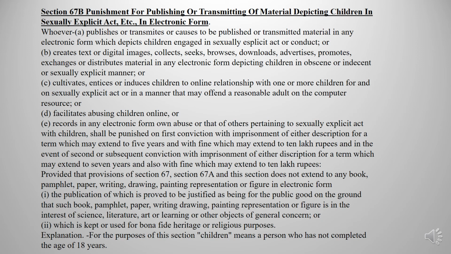Whoever A. publishes or transmits or causes to be published or transmitted material in any electronic form which depicts children engaged in sexually explicit act or conduct, or B. creates text or digital images, collects, seeks, browses, downloads, advertises, promotes, exchanges, or distributes material in any electronic form depicting children in an obscene or indecent or sexually explicit manner, or C. cultivates, entices, or induces children to online relationship with one or more children for a sexually explicit act or in a manner that may offend a reasonable adult on a computer resource, or facilitates abusing children online, or records in any electronic form own abuse or that of others pertaining to sexually explicit act with children, shall be punished on first conviction